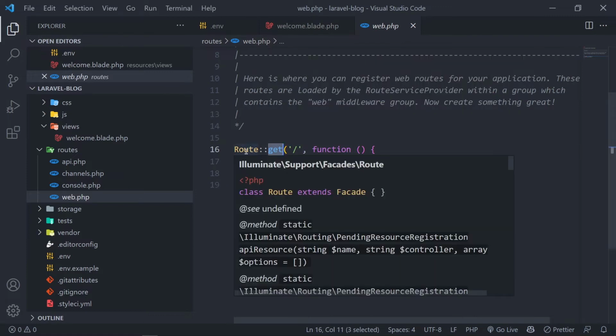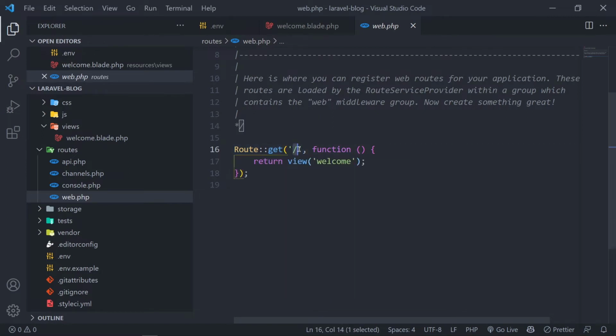What it means is that whenever the URL has just a slash inside of it, it should return a view. This view is referencing our views folder. Inside that, it should reference the welcome page. So that means whenever somebody just types in slash, it should open the welcome page, that is welcome.blade.php that we have here. Now let's say I want to change it to about. If I change it to about